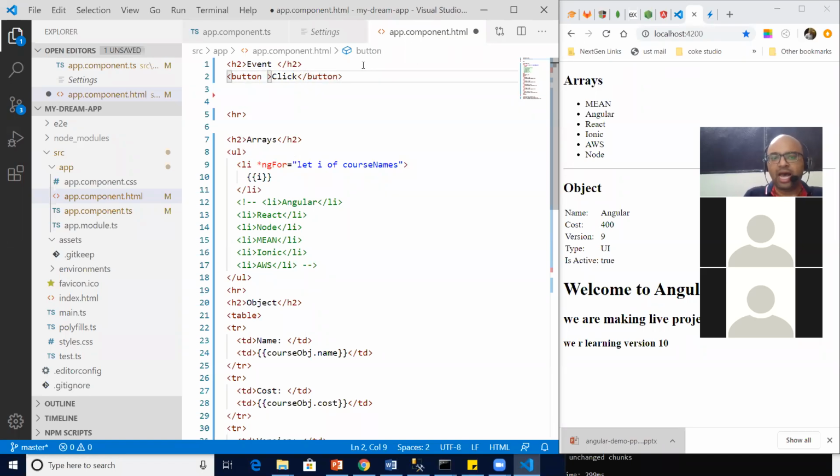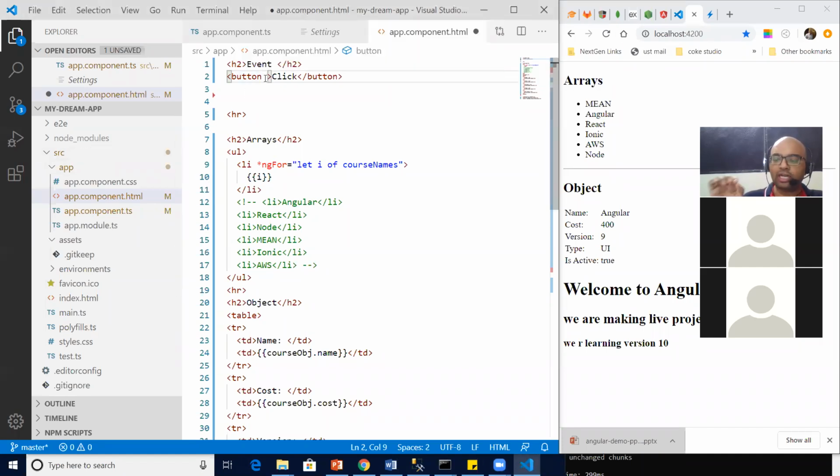Now I need a click functionality. I need a click event. Agree, guys? So obviously I need on click functionality. Yes or no? Okay.